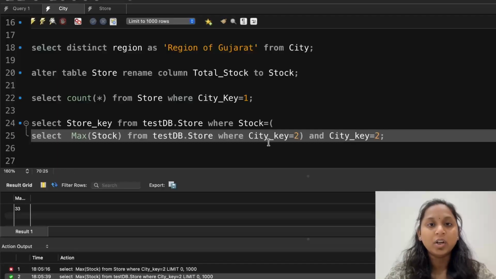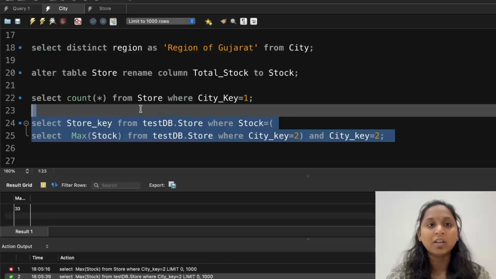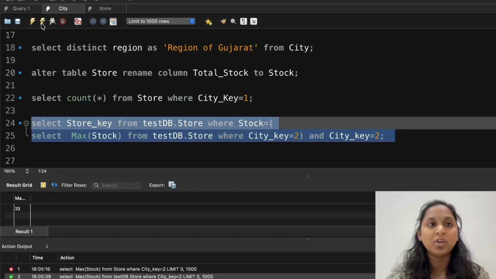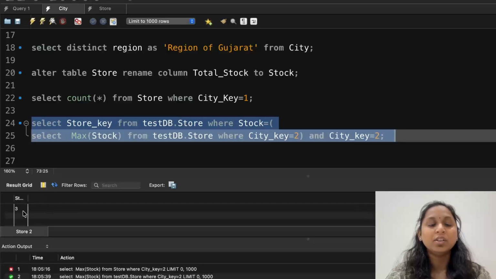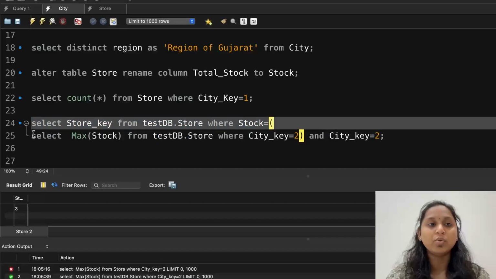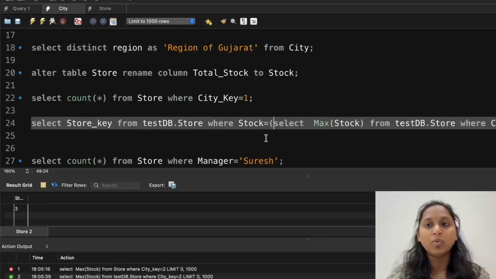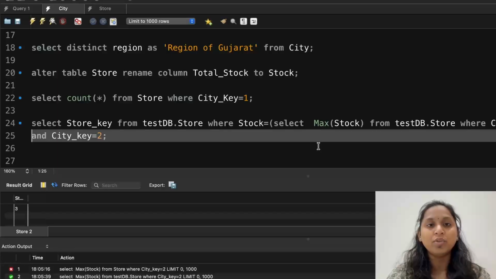Okay. Now if you want to add more than one condition, you can add them with the help of the and or or operator. Here we require both conditions, so I use and. But if this or this are optional conditions, then I use or. Let me execute this part, and do we get a store key of 3 or not? Yes, this is the right answer. In this way you can proceed. There are other options to execute this query too, but till now we have only learned subqueries. So I am giving the solution which you can understand.